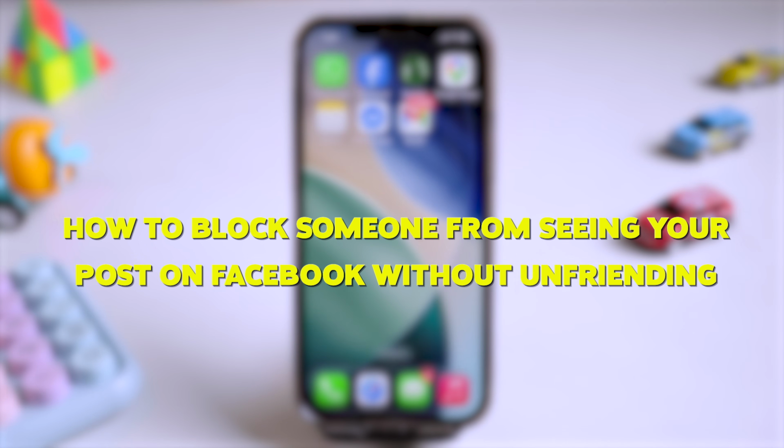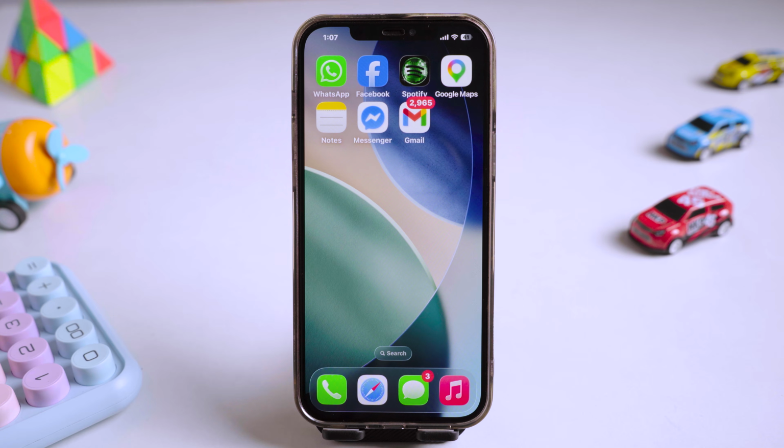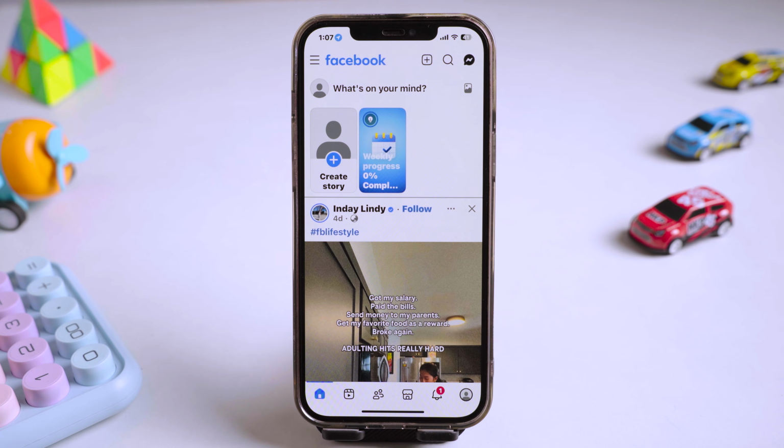How to block someone from seeing your post on Facebook without unfriending. First of all, open your Facebook, make sure that you're logged into your account, then simply tap on the profile